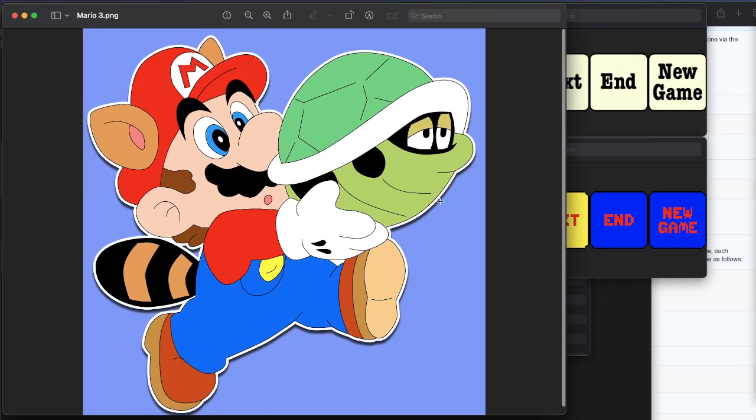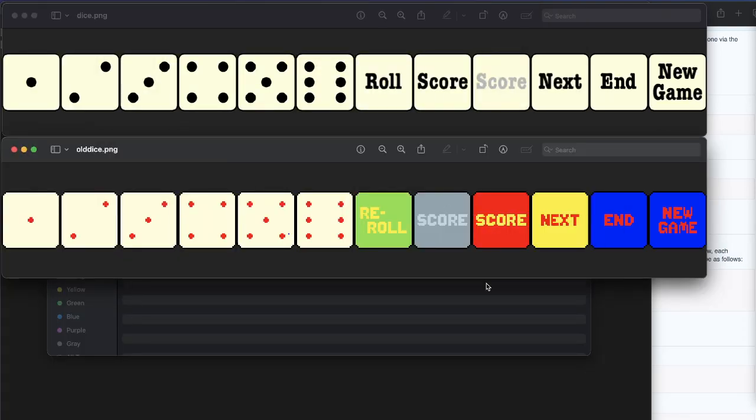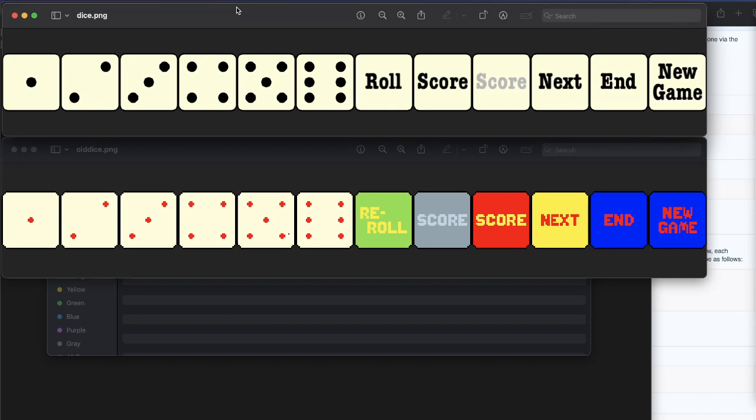So I tried doing dice in Affinity Designer and was not having any luck with it. So I got Inkscape instead, and what I just did was design one of these, and then I copied it over to Acebright, and then made all the dice, 1, 2, 3, 4, 5, 6, and then